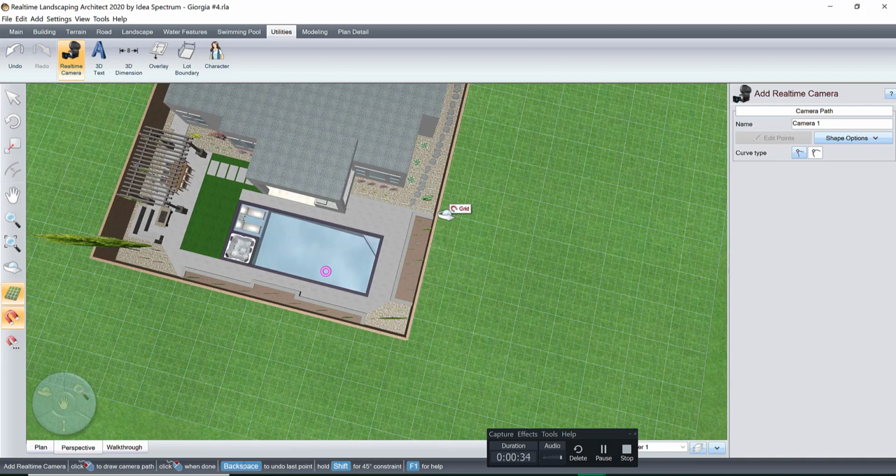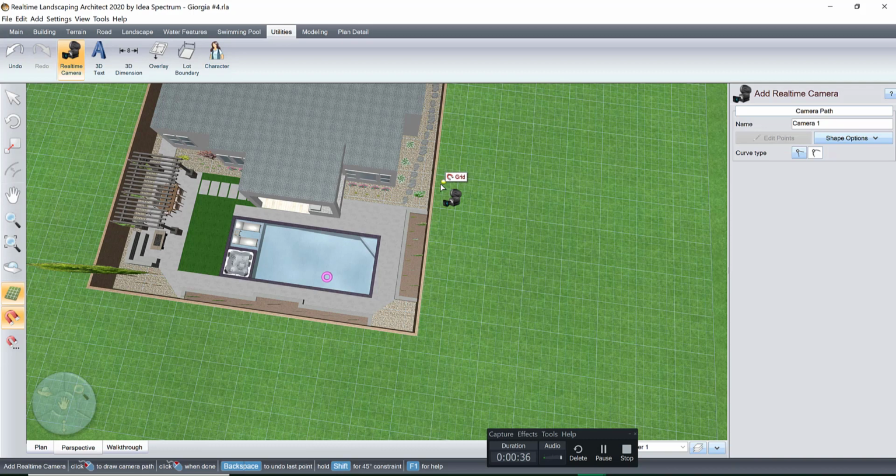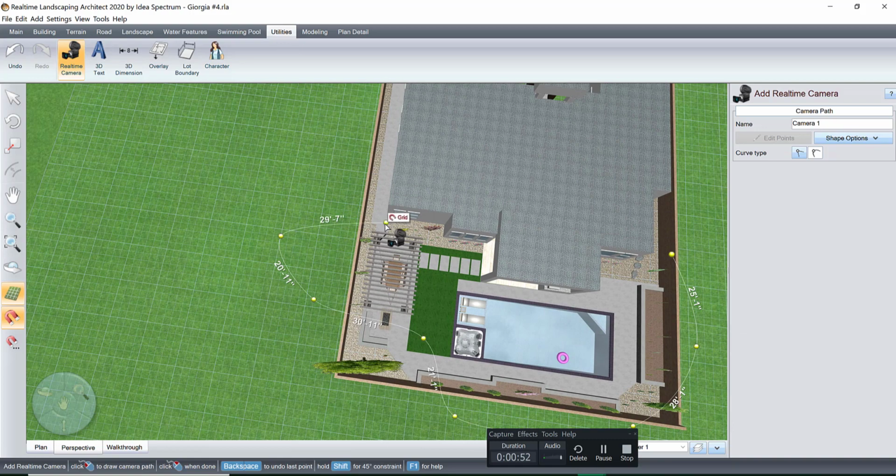So I'm going to start right about here. We'll loop here, we'll swing over this way, we'll go high and then back and then loop around. We'll go through here